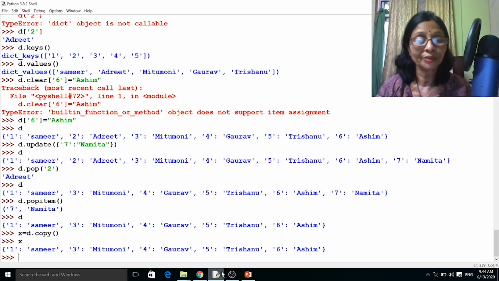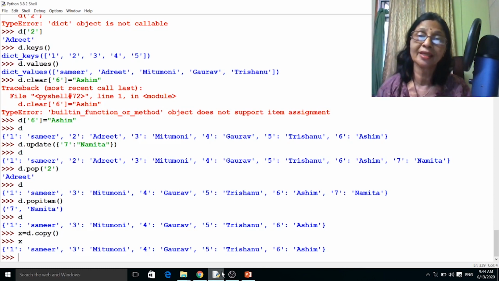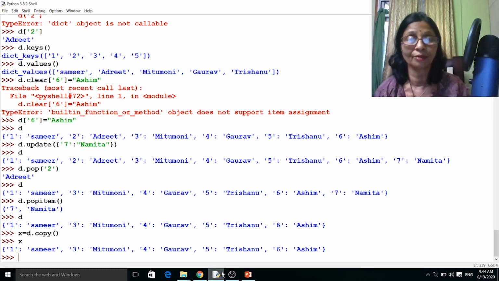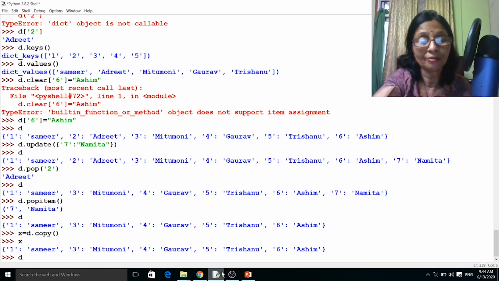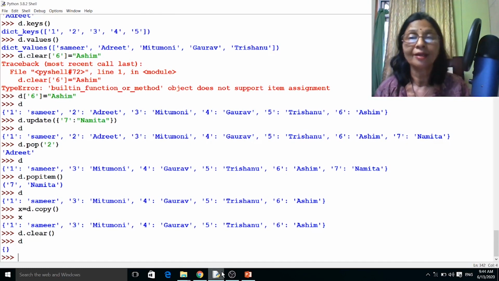Now we will learn how to remove all the items from a dictionary, which will make it an empty dictionary, that is, a dictionary without any value. We will use the d dot clear function, followed by the parentheses. Now d dot clear. Now you see d, you get only the curly braces.